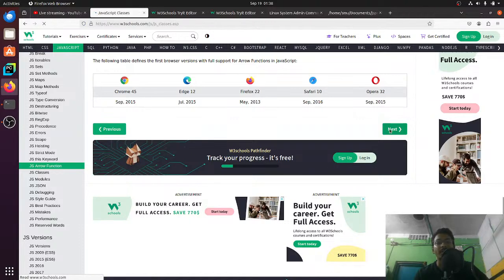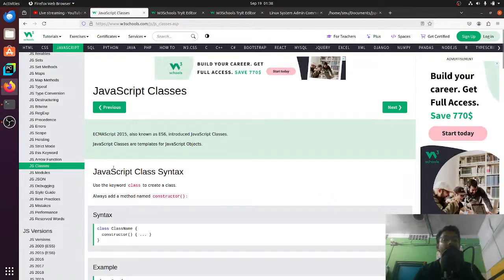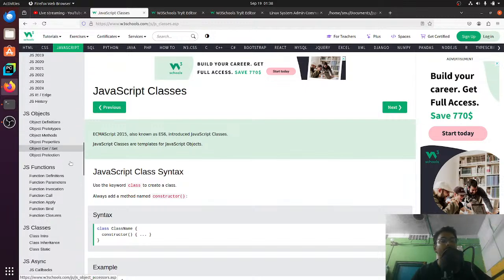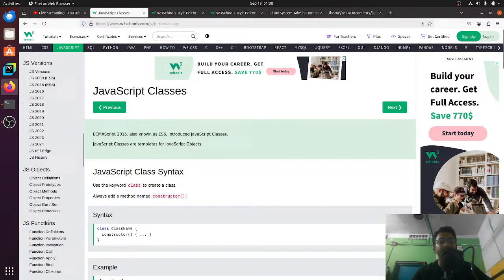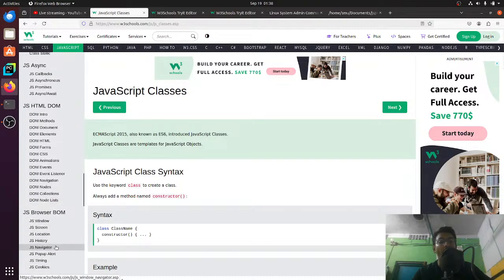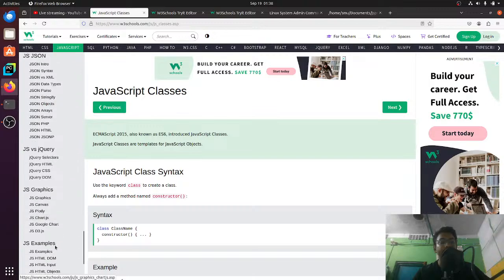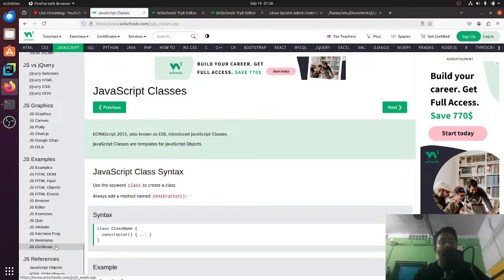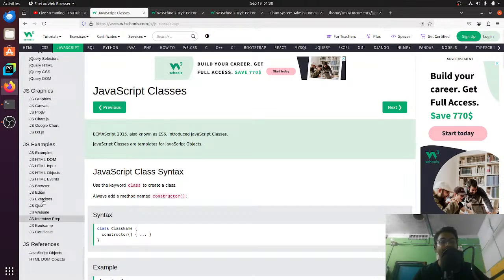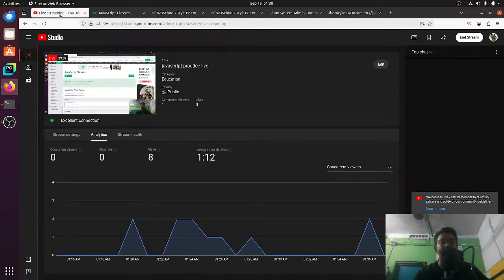So let's start with classes, guys. Till here we stand, because after finishing classes we'll start from here. Objects, functions, classes, async, HTML DOM, browser DOM, web APIs, AJAX, JSON, and till graphics, some we do, and some examples we do. That's it, our motive of this practice session, guys. So this is some advanced